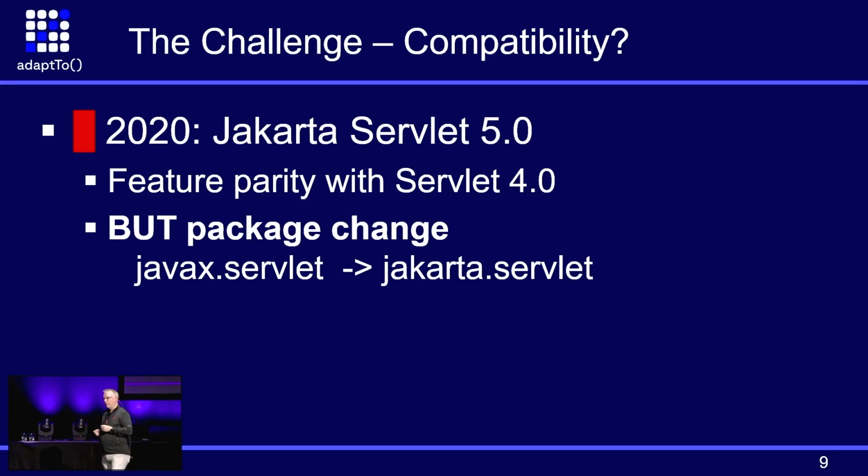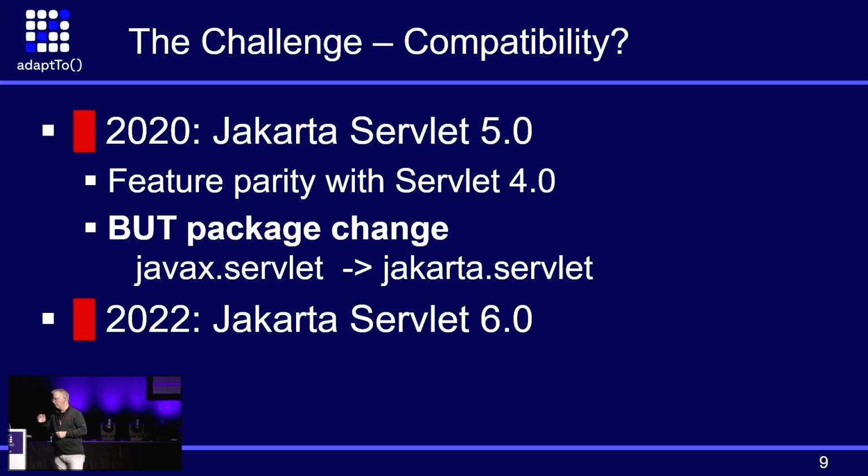The good thing is, with the new specification, the 5.0 version that came out, there were no changes in features or class names or methods or whatever. It was just renaming of the packages and obviously the spec as well. So that's the good thing. So basically, if you want to move from JavaX to Jakarta, just rename the packages, your package imports, and you're done.